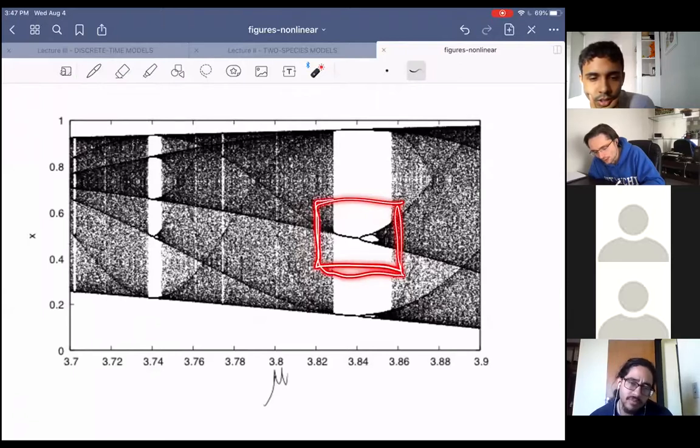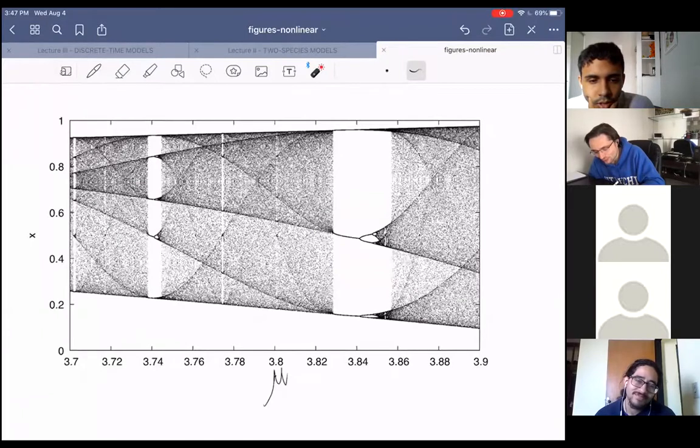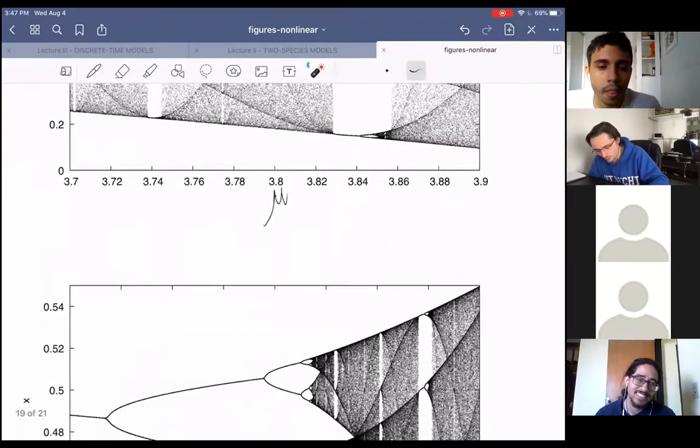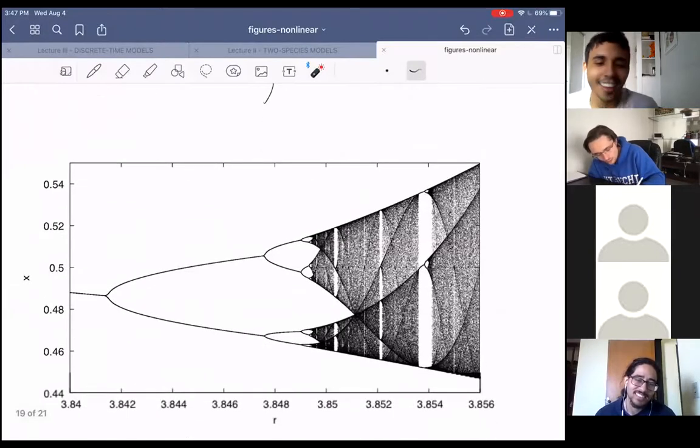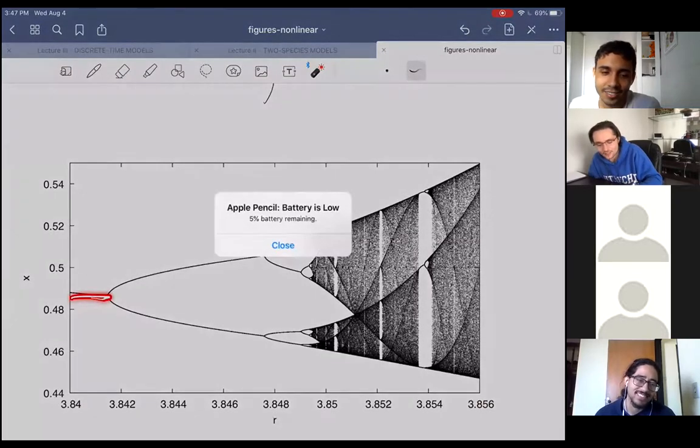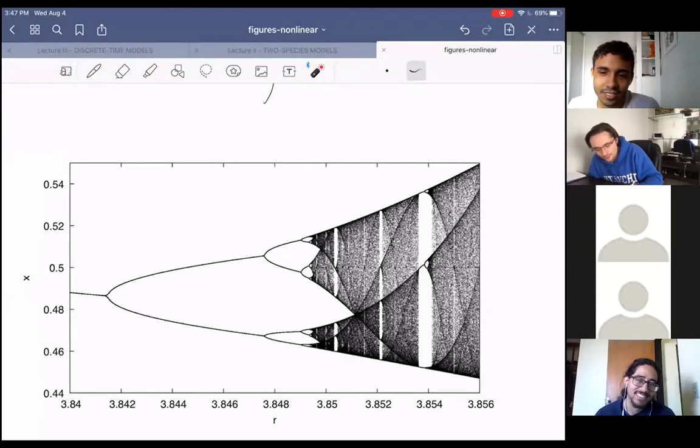But I was going to ask you if you find something interesting here. But of course, I spoiled myself. So we have this here, we have this here, we have also this here. If I zoom in a bit more, look how small my mu scale is now, 3.84 to 3.856. What I get is, of course, not the same, because the fixed point cannot have the same value, but still I have a single